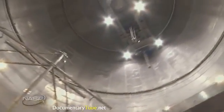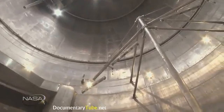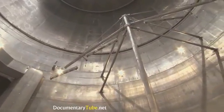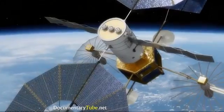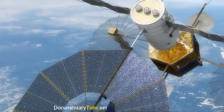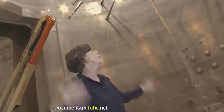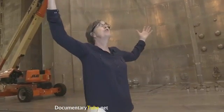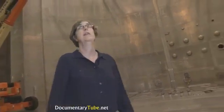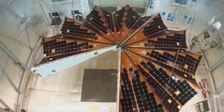Just like a tall ship, we have masts that are going to be used to hold our cryo shroud and booms and spreader bars to attach to the vacuum chamber here. The cryo shroud itself is called that because it is going to be cryogenically cooled to get us to minus 60 degrees Celsius and then warmed up to plus 60 degrees Celsius. This cryo shroud is big. It's 40 feet in diameter and 40 feet high, but it's big enough to hold our about 30-foot diameter solar